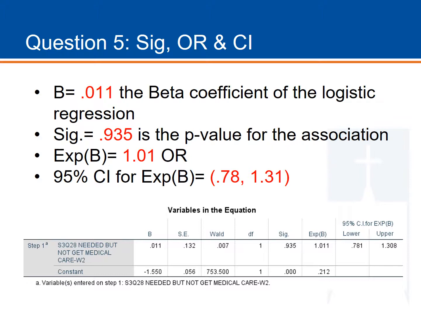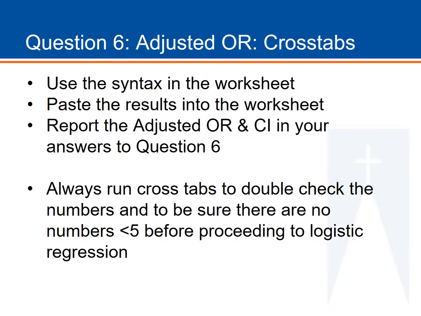The next step is to get an adjusted odds ratio using the crosstabs function, as you did in epidemiology. Use the syntax in the worksheet, paste the results into your SPSS syntax, and run that. Use that information to report on the adjusted odds ratio and confidence interval in your answers in question 6. The results will be a good way to double check your next step when you get an adjusted odds ratio